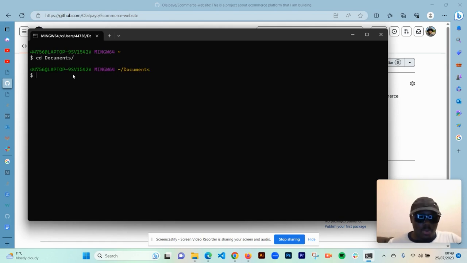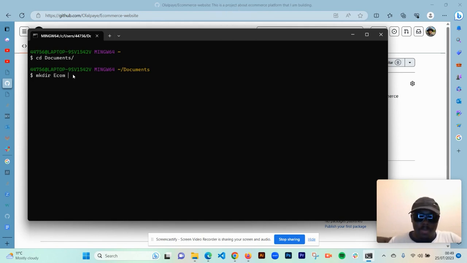And then, in my Documents, I'm going to create a directory. So I'm going to use another command, mkdir. I'm trying to create a folder in my Documents, because I'm already in my Documents. mkdir basically means make a folder. Then I'm going to give the folder a title. Because my project, as I showed you earlier on GitHub, is about an e-commerce website, I can create a folder that says